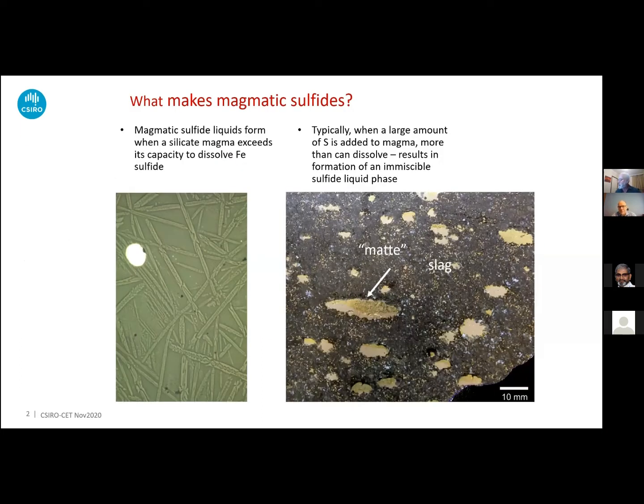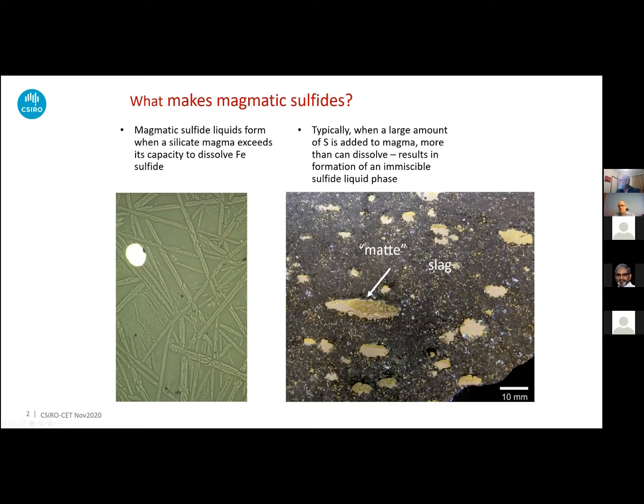So first, just a very broad introduction for those who aren't familiar with magmatic sulfide deposits. Basically, I'm sure most of you will know this: magmatic ore deposits are formed by accumulation of magmatic sulfide liquids, immiscible sulfide liquids. These form essentially when you've got more sulfur around than a magma can dissolve. And so you end up with an immiscible sulfide liquid that gets carried around in magmas primarily as droplets,